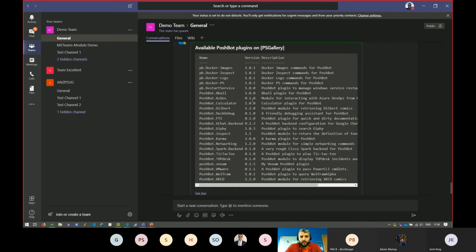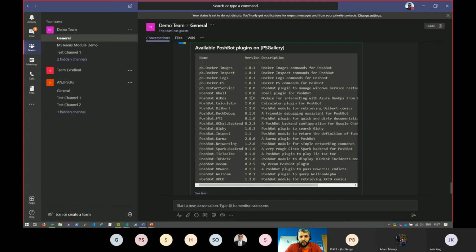So these are all the Poshbot plugins that are available on the PowerShell Gallery at the moment. There's a lot of Docker ones. Chris Gardner has just released an Azure DevOps one, which uses Donovan Brown's VSTeam module.